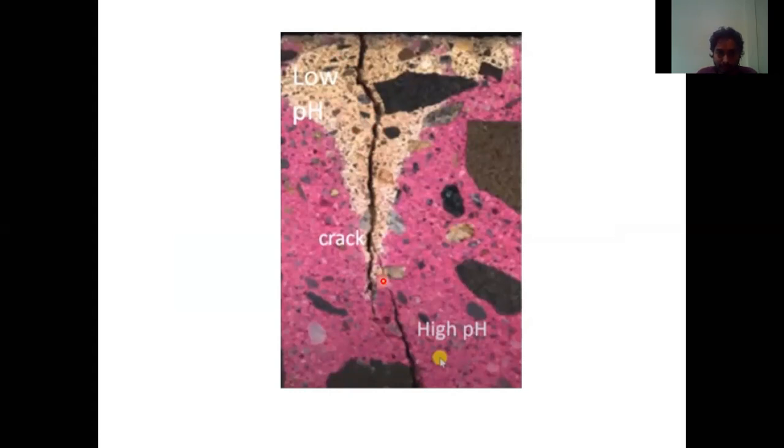Okay, and in this crack, we can see the pH level is high. Because of the higher pH level, we can say the crack present here is a new crack. Why new? As it is a new crack, the carbon dioxide has not penetrated. Because of the less penetration of carbon dioxide, there is no colorless area shown at this portion, and the whole area seems to be alkaline. So we can conclude that this crack is new and this one is the older one. Okay.